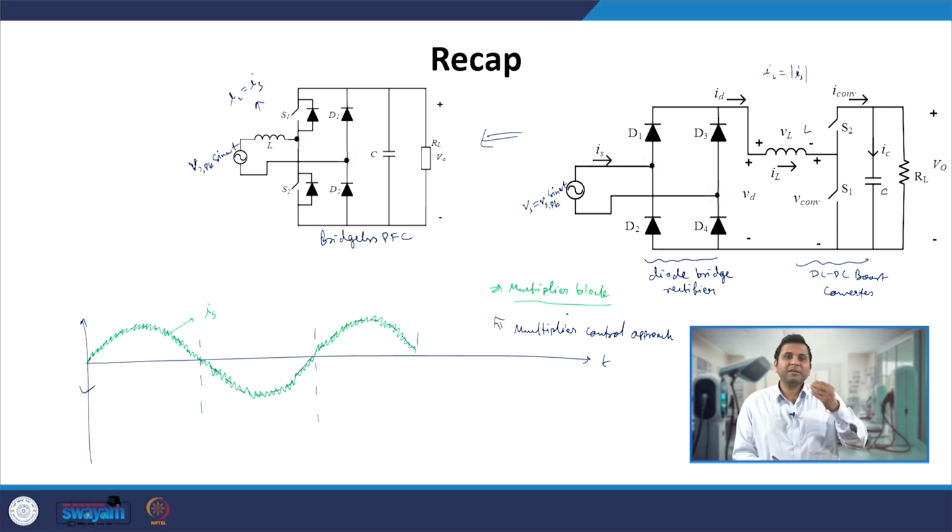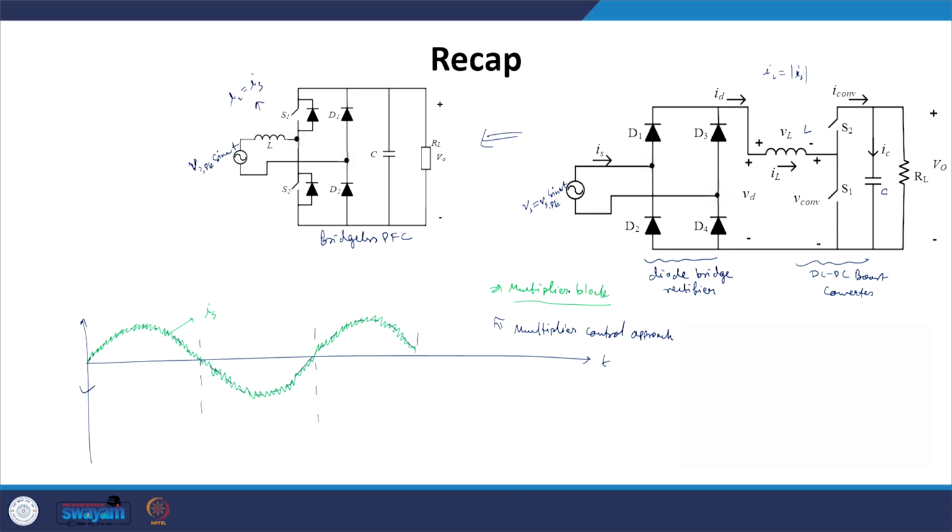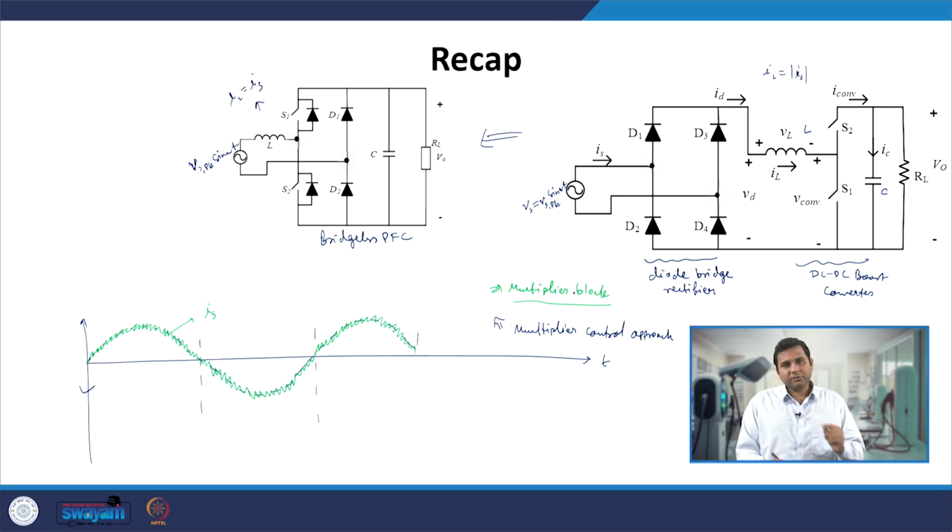So that is why generating the unit sine omega t waveform is one of the research topics. You can also call it the unit sine signal. And it is very complicated because you have to make high-end PLLs, high-end filter circuits, and you require a high-end computation block to estimate or generate that unit sine waveform. Then after doing that, we also have to multiply it with the output of the voltage block, which again takes a good amount of memory space and computational effort.